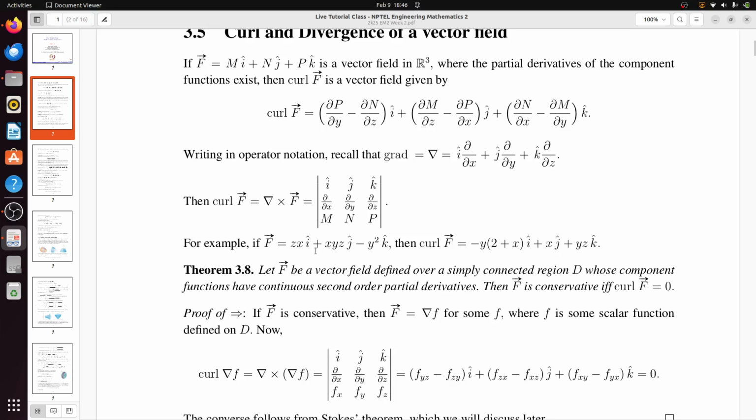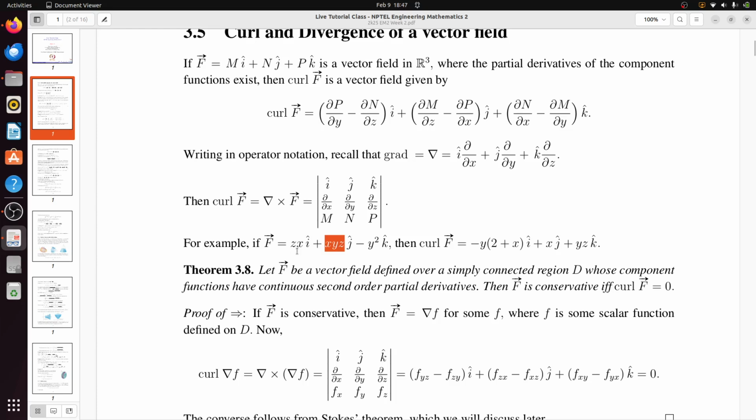For example, if your vector F is zx i cap plus xyz j cap minus y square k cap, then what will be your curl F? First use the formula: del del y of p is minus 2z, and del del z of n, where n is xyz, will be minus xy, so that will be minus y common, 2 plus x. Then the j cap component will be del del x of p minus del del z of m. So del del x of p is 0 and del del z of m means x,